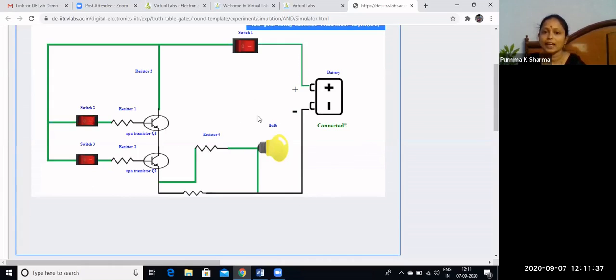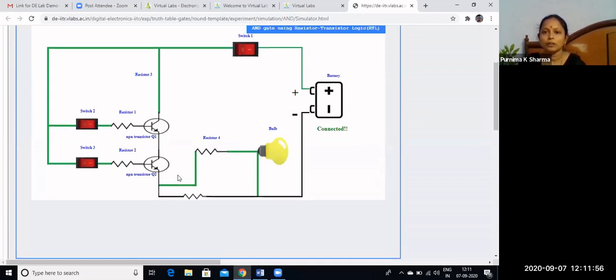That means it indicates the output is 1. 0, 1, 0 output. That's why the bulb is off now. 1, 1, then only we will get a output 1.